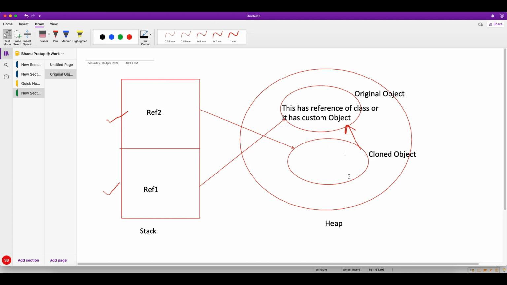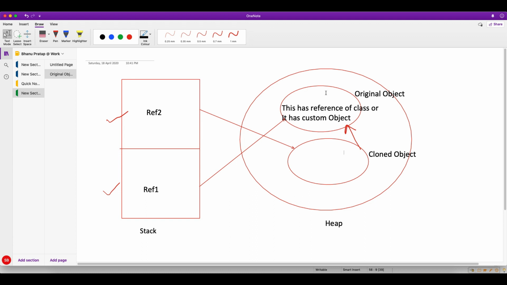So why am I saying that both objects are the same? Your cloned object is pointing to the original object, and your original object has a custom object internally, which is some class type. The original object is a memory location in the heap, and it has another object, the custom object.